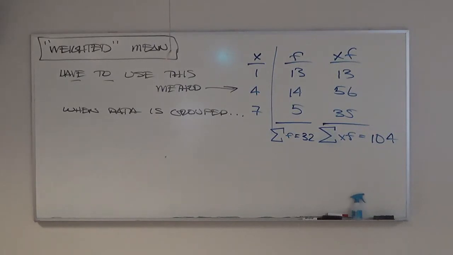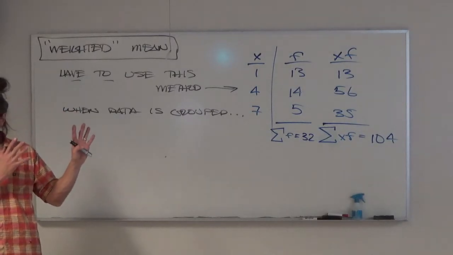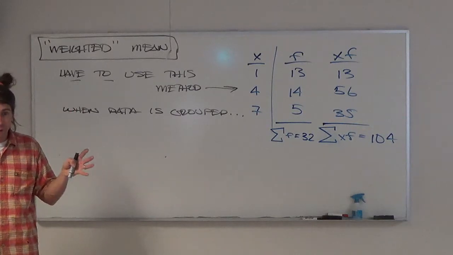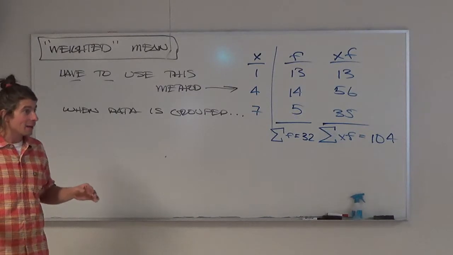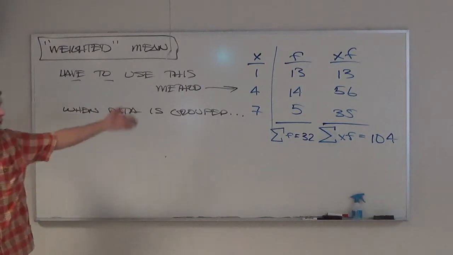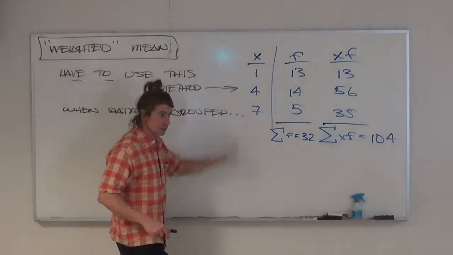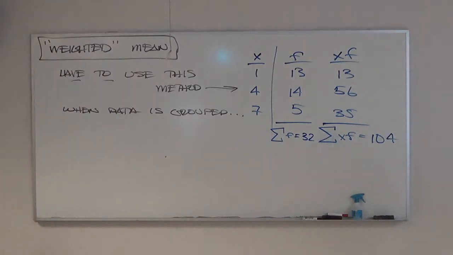Now, I'm putting a caveat: remember that blue bell curve that was in the front of that Excel spreadsheet? That wasn't really grouped data, correct? It was really a dot plot, it was really raw data. So you could do it either way: either add them all up and divide by the count, or do it this way. You could very easily do this calculation with the values 0, 1, 2, 3, 4, 5, 6, 7, multiplying by the frequencies. Matter of fact, that's what I was having the Excel do in that chart. But if you have grouped data where you lose some of that precision, you have to do it this way